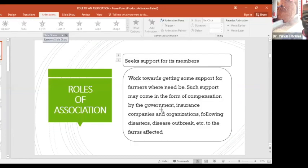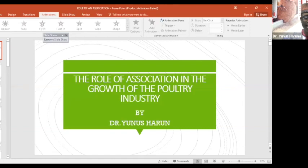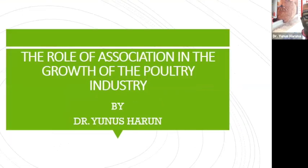You know, before now, most of the times we talk about the empowerment, a training on how to enhance biosecurity, and then how to manage the pens, and then how to do some other things that are related to the operations of the farm. But now it's like we've seen the need to enlighten the farmers about the importance of association. And what really brought about this need is the